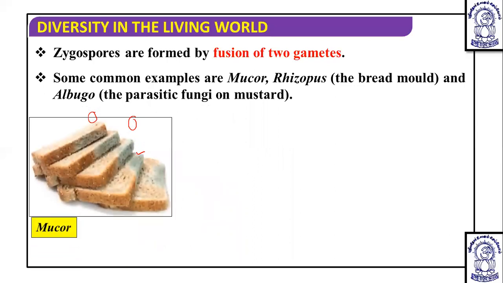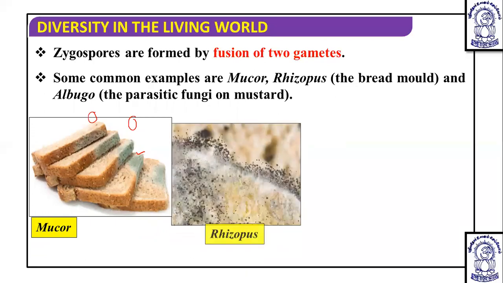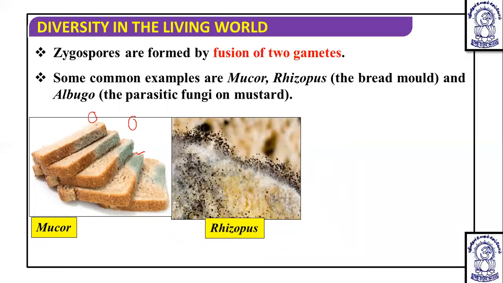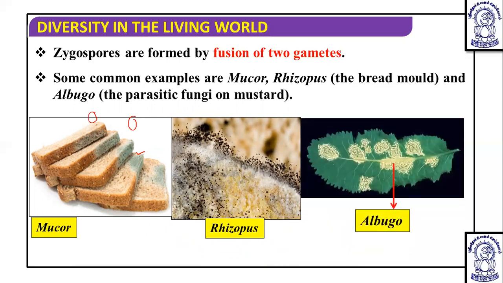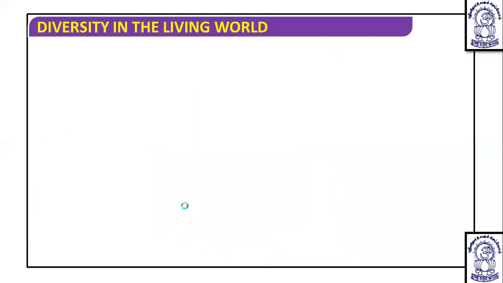So Mucor is found to be grown on this particular bread as well. Rhizopus is seen like this as a particular black bread mold. Okay, and you can see this as Albugo. So this is generalized information about these phycomycetes according to NCERT. But dear students,